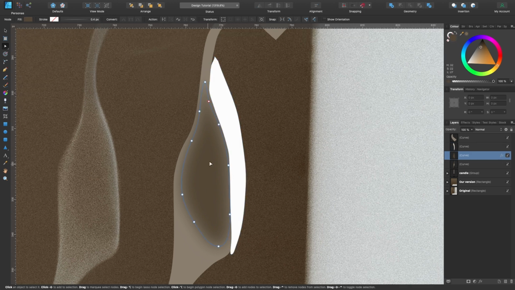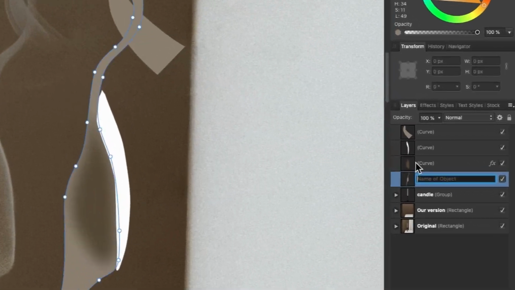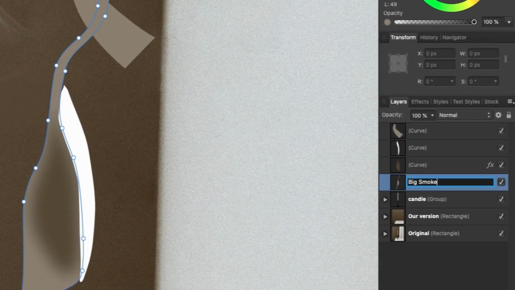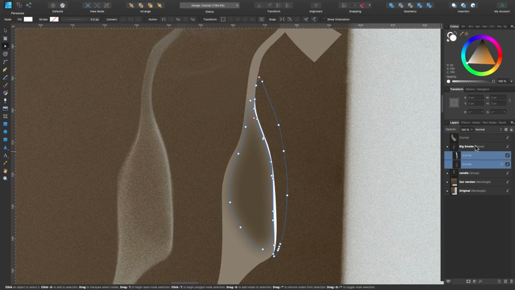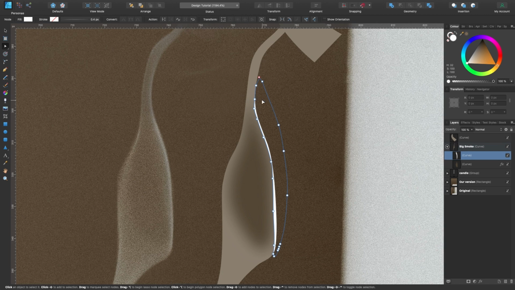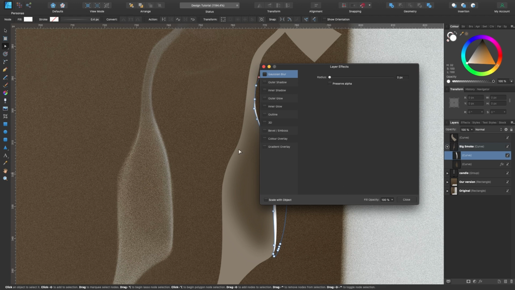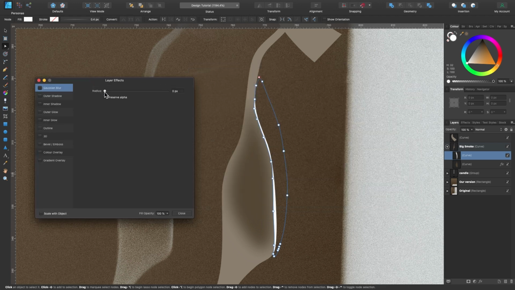Also, these two shapes that we've created here, we're going to clip inside of the big smoke. So this is our main smoke. We're going to call it Big Smoke. And we're going to grab both of those things and drag them inside, clip it in there. And then I'll continue with adding the Gaussian blur on these little highlights. So I'm just going to be doing basically this until it's done. And I'll play around with it to make sure it looks okay.